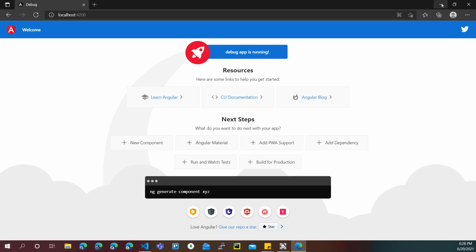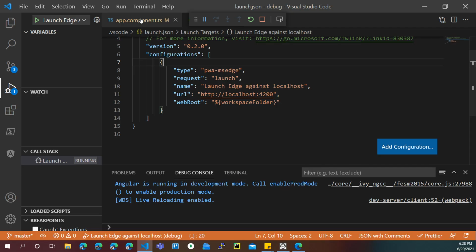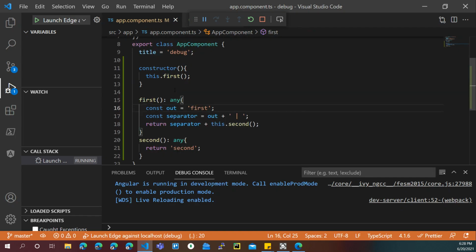Now, what we want to do is we want to see how the code works in our app component.ts. So whichever is the first line where you want to start analyzing your code, you should create a checkpoint or a breakpoint at that point. So we want to start analyzing our code from line 16. So just to the left of line 16, you'll see when you hover over it a red dot. Click on this to create a breakpoint. You can restart your code by clicking on the restart button on the toolbar.